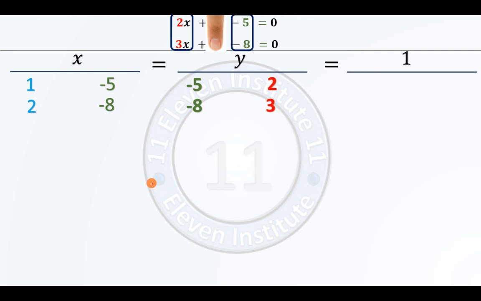Yet the chance of y is not over. We will copy this 2 and 3 again, and we will place them below 1 on the right side like this. Right, now chance of y is over and chance of the constant term comes. So we will place our finger on the constant term, so it will start dancing. What we are left with is these 4 terms, 2, 3, 1 and 2. You can see 2 and 3 are already written over here. So what we are left with is 1 and 2. So we will copy 1 and place it over here. We will copy 2 and place it over here like this.